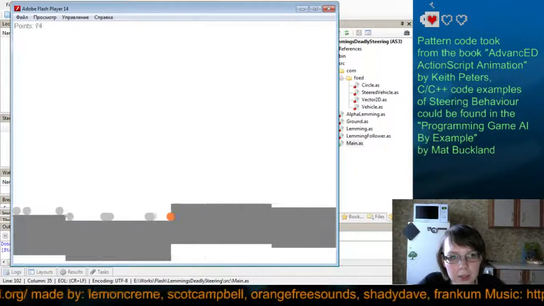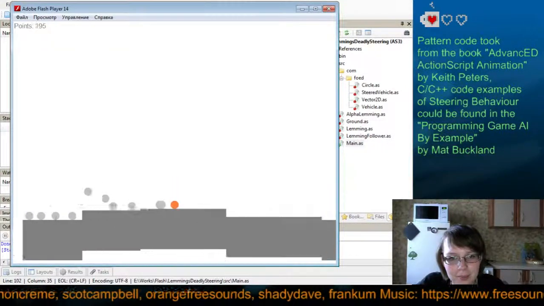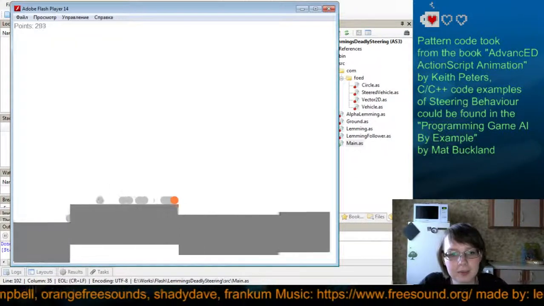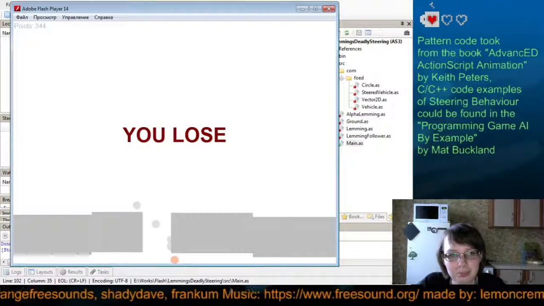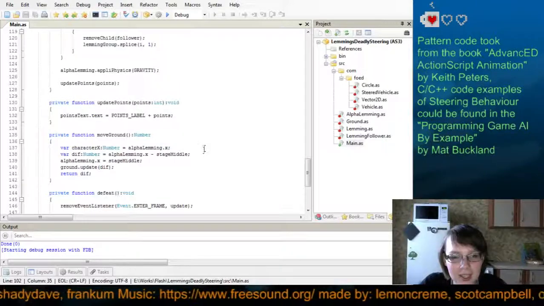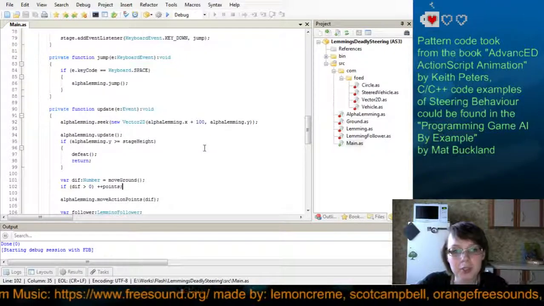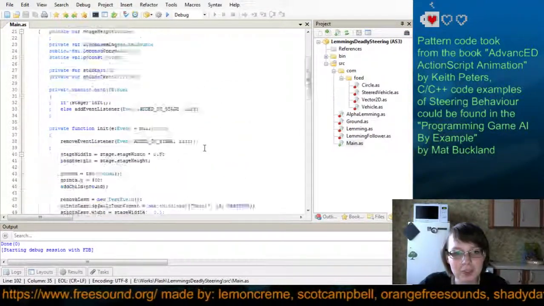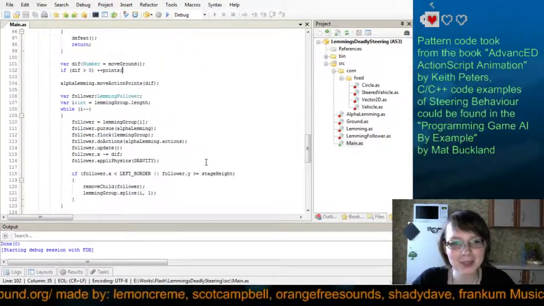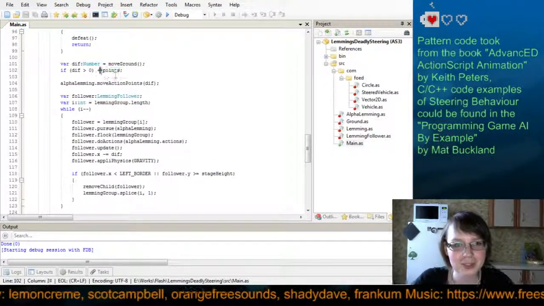So plus, plus, plus, stop. Yeah, like that. And I want to add some more points, not only for distance, but for first, it shouldn't be like plus one. It should be plus the amount of lemmings survived till this moment. So it should be points